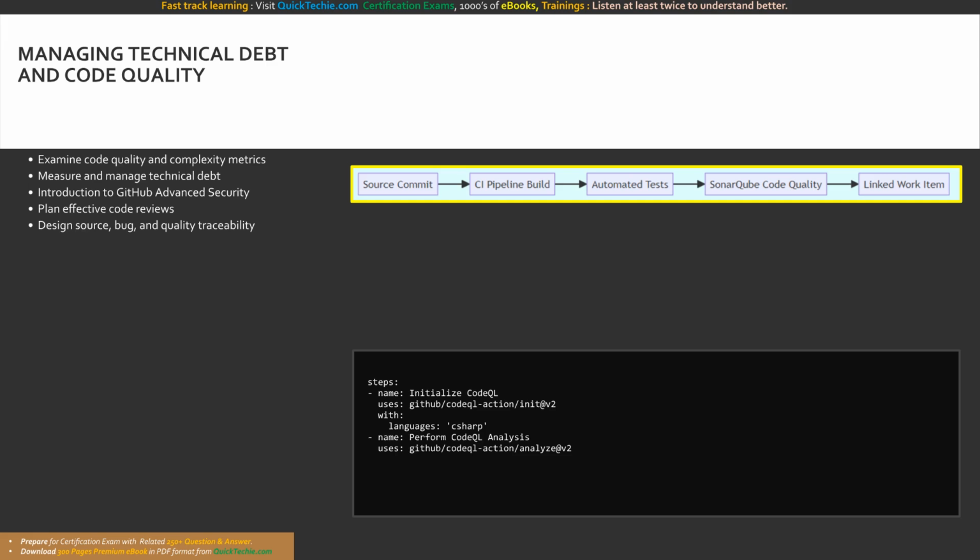Delivering software functional updates rapidly is frankly only half of the overarching DevOps battle. Maintaining long-term architectural maintainability requires exceptionally vigilant code quality management. The AZ-400 exam comprehensively emphasizes identifying, measuring, and proactively managing accumulated technical debt. Problematic technical debt inevitably accrues when agile teams mistakenly prioritize rapid continuous delivery over optimal underlying code structure, eventually leading